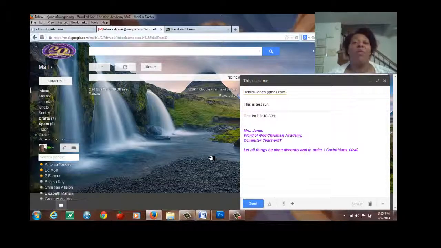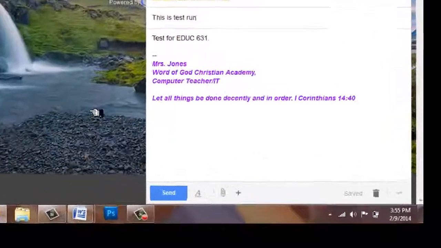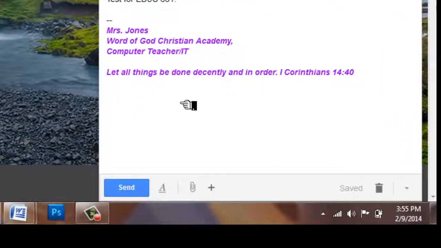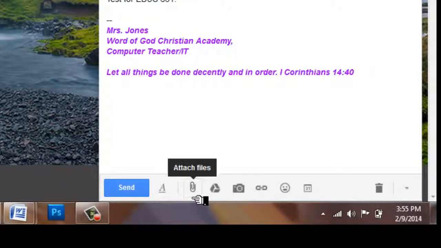So now that I have my email address set and my subject line and my information, now I need to, if I wanted to send a document or send a picture, so I'm going to attach a picture and a file. I'm going to show you multiple ways and different things that you can add. So right here you see a paperclip and it says attach files. So you click on the paperclip,